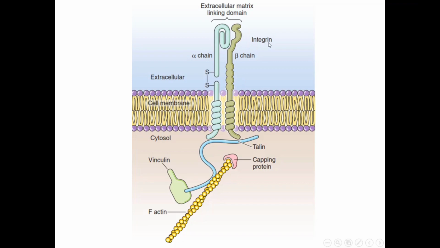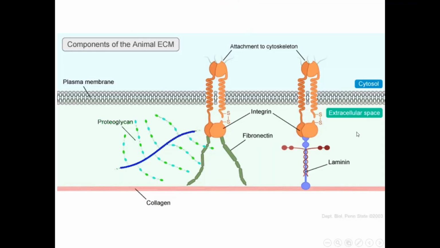Usually the integrins. Integrins are proteins on a cell membrane. The cell can attach by them to the glycoproteins. Integrins have two parts, or two chains, alpha chain and beta chain. Because of that we call them heterodimer proteins. They have two different parts, and you see this protein from the inside of the cell is attached to the cytoskeleton, and from the outside it's attached to the extracellular matrix, especially to glycoprotein. This picture also shows the cell membrane,